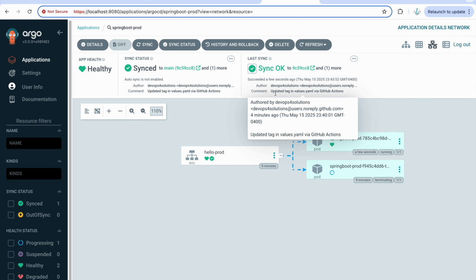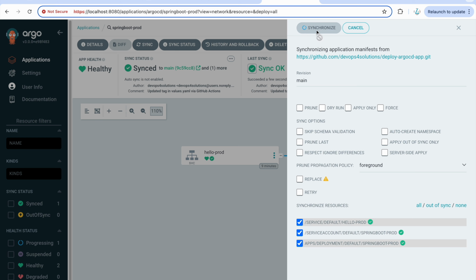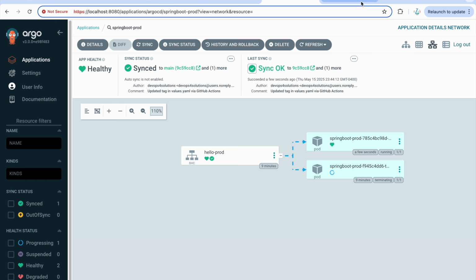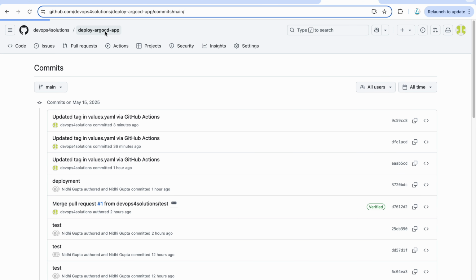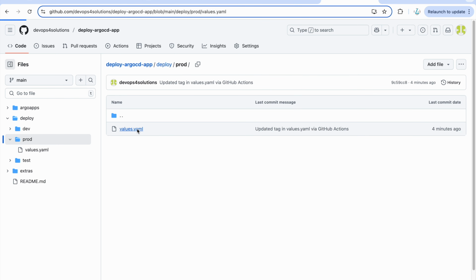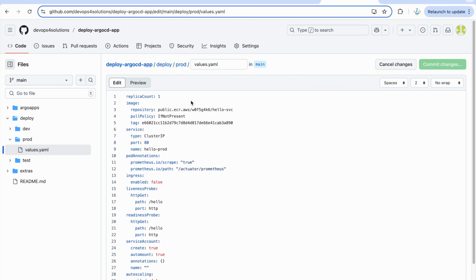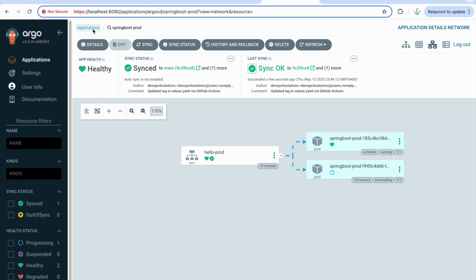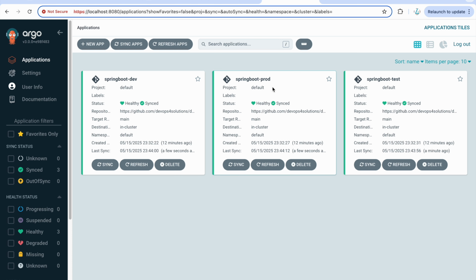If you ever have to run a manual sync, you can just click on this also. It won't do much, but yes, you have that option also. And tomorrow, if I want to change any values in prod, just as an example, I want to change this. So these are some exceptional things that you will do, but yes, you have the option. You just did that, and then you can trigger the prod sync manually. It will get synced to that.